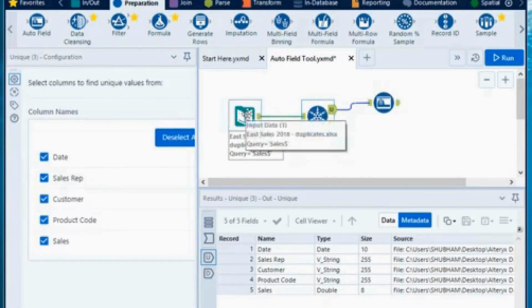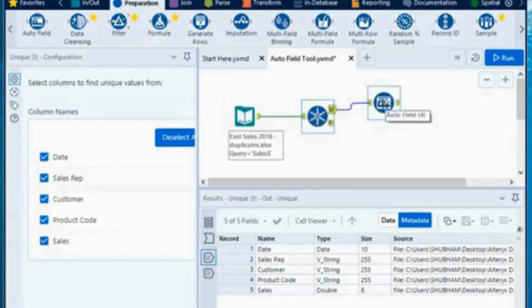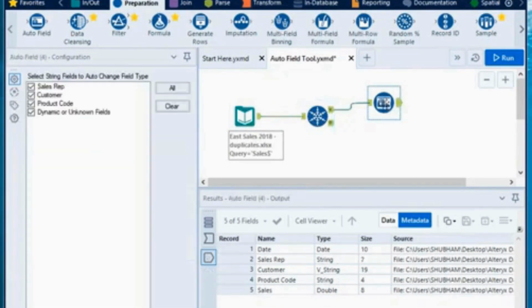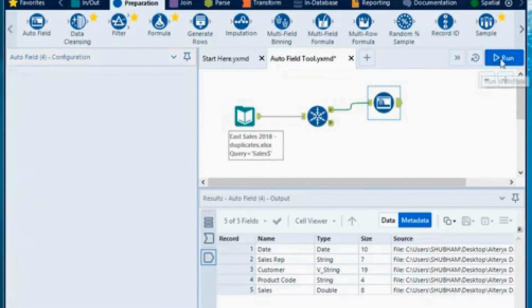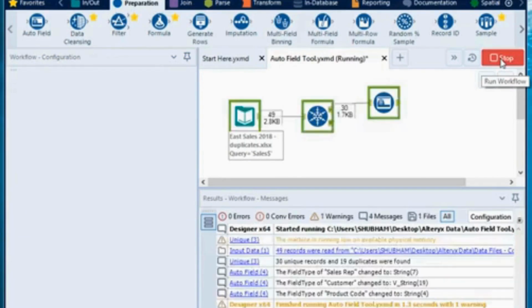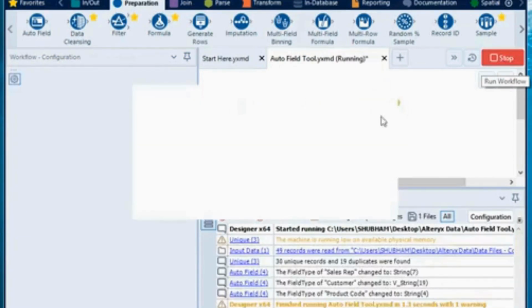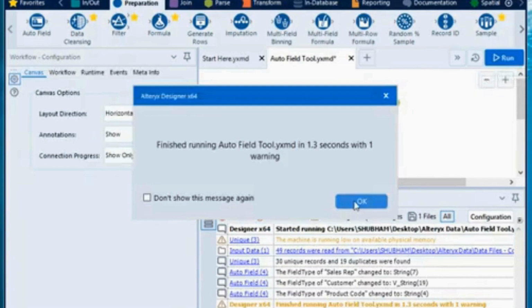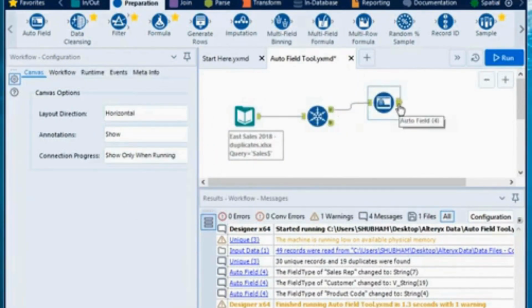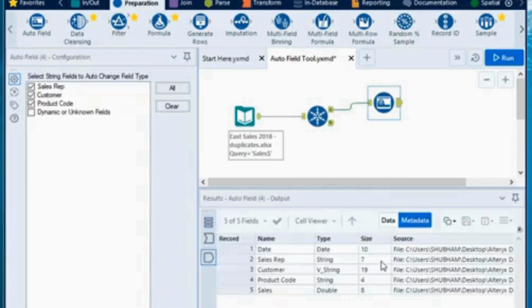I will show you the output once this is done. So once you select the autofill tool, it will open a pop-up window, and then it will show you the names of the columns which you can optimize. Once you hit run, it will run the workflow, and if you go to the output of this autofill tool, you can see that